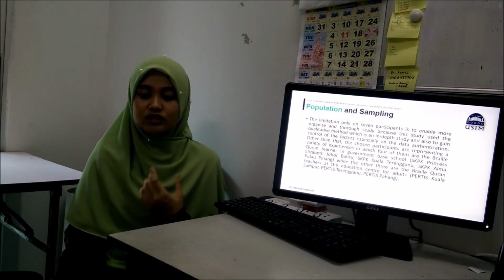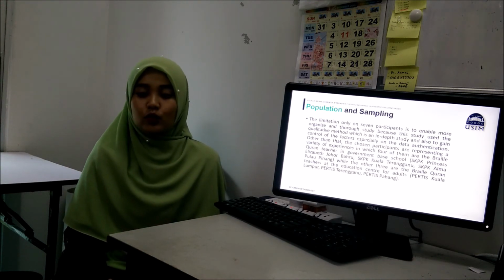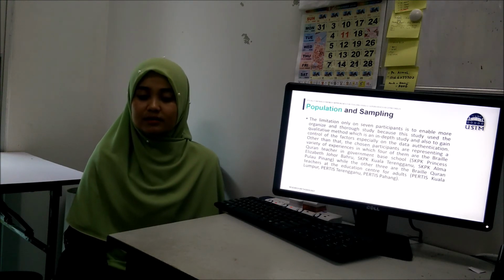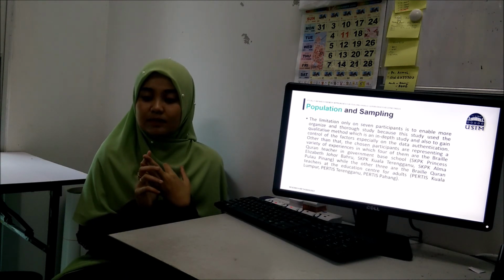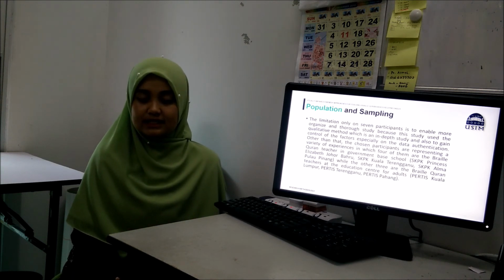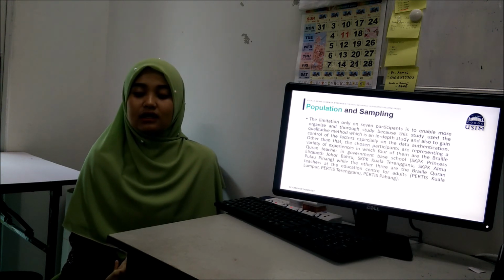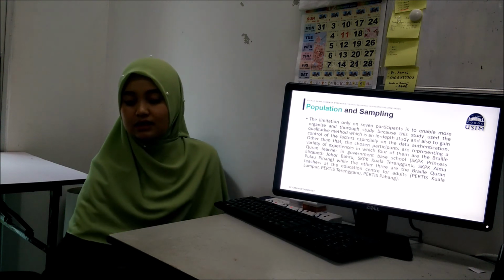Other than that, the chosen participants represent a variety of experience, in which 4 of them are Braille Quran teachers in government-based schools, which are SKPK Princess Elizabeth Johor Bahru, SKPK Kuala Terengganu, SKPK Alma Pulau Pinang, while the other 3 are Braille Quran teachers at the Education Centre of Adult in PERTIS Kuala Lumpur, PERTIS Terengganu, and PERTIS Pahang. And that's all from me, Doctor.